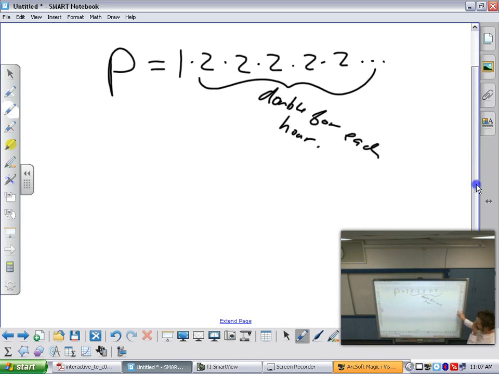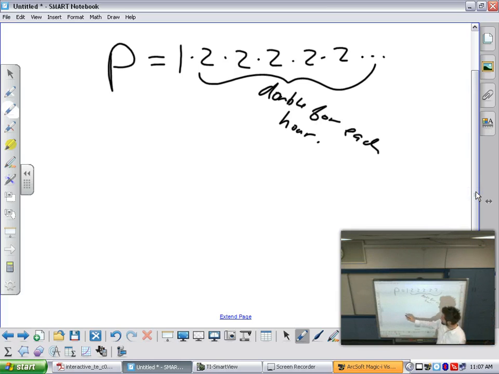The factorial thing is like 10 times 9 times 8 times 6. So look, you double it for however many hours that you're going to go. If you're going to wait 50 hours, this 2 needs to show up 50 times. So guess what? This is 2 to the power of